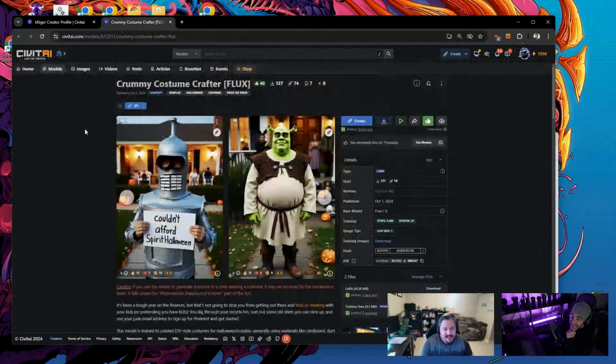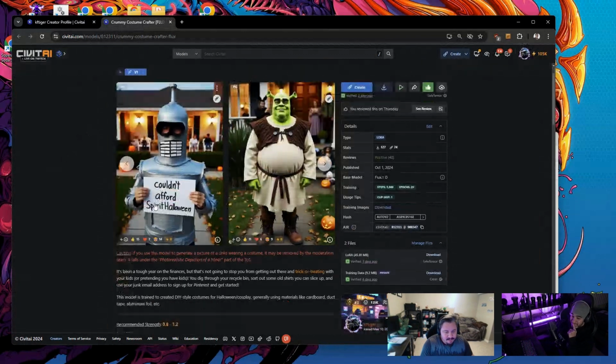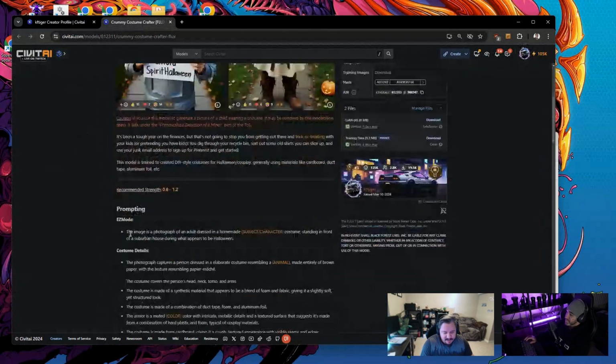So the Crummy Costume Crafter takes your prompt, which I've put in kind of an easy mode. And another part of the concept side of this we'll go through is I'm using a lot more captions with concepts as opposed to styles, because it seems to pick up concepts a lot better. So effectively with this one, you can use the image as a photograph of an adult dressed in a homemade blank costume, standing in front of a suburban house.